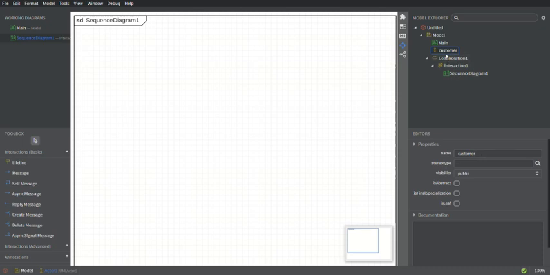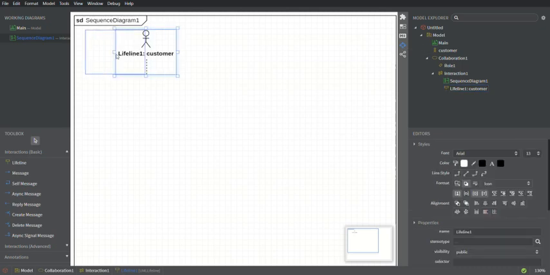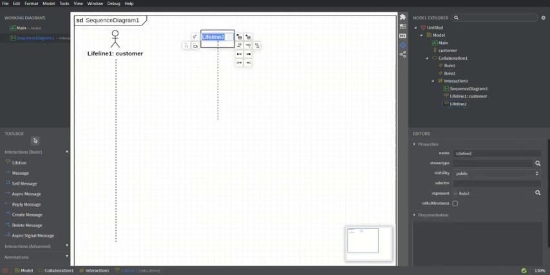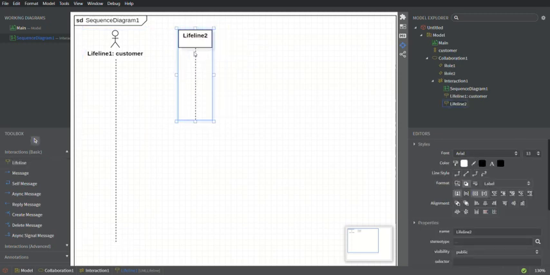After creating a custom actor, we only need to drag it onto the panel and just leave it there, and the actor will be created. We just need to extend the actor so that we can add multiple messages. Now I'm gonna add a couple of lifelines to show the process. We only need to click on the lifeline option and then click on the panel again to create a lifeline. I'm gonna add another lifeline,